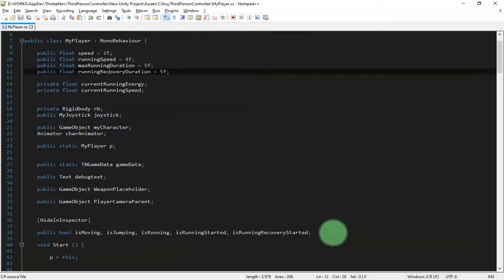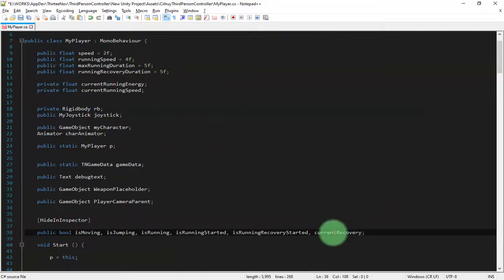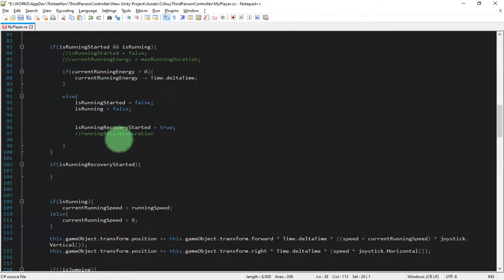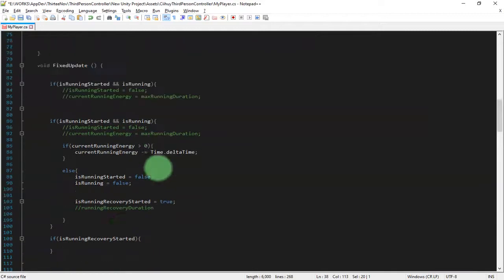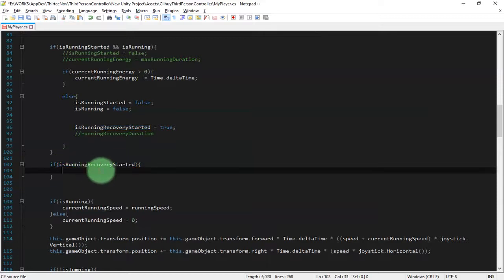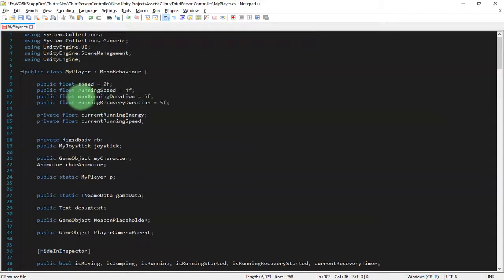Yeah, here I will add another variable, currentRecoveryTimer. If isRunningRecoveryStarted is true, then I set the value of currentRecoveryTimer to be this variable, the recovery duration.